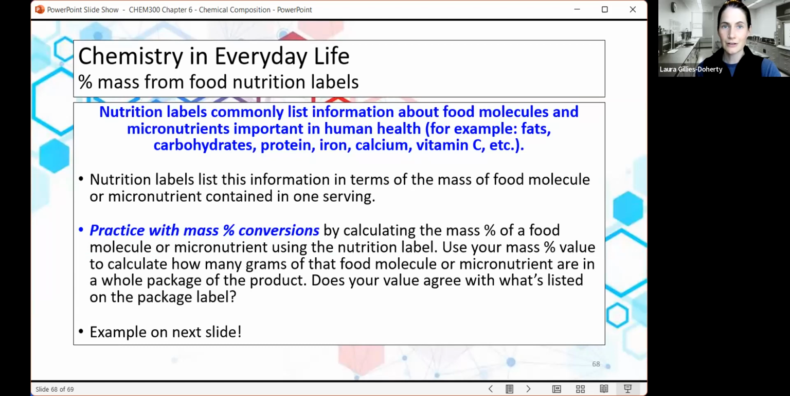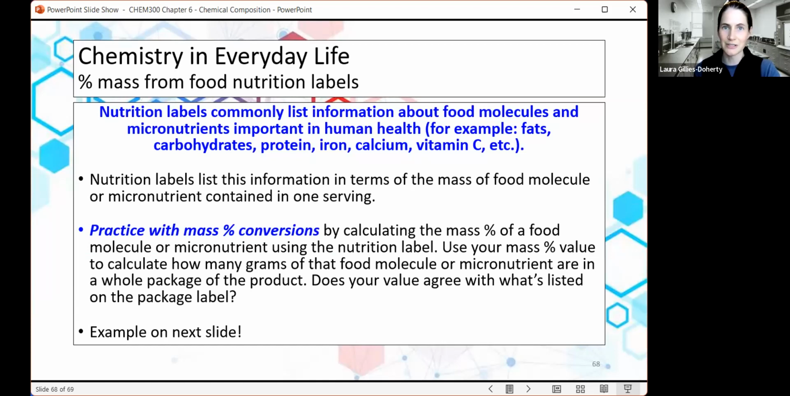And if you know the empirical formula and you know the molar mass of the molecular compound, how it's actually found, you can calculate the molecular formula from the empirical formula using that N multiplier, which is what we just did. So our chemistry and everyday life exercise for the end of chapter 6 is to look at mass percent